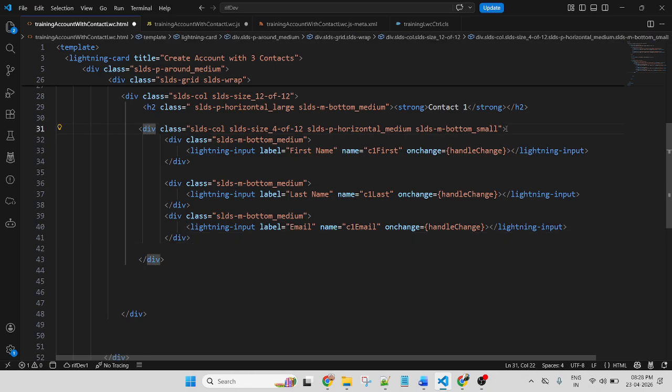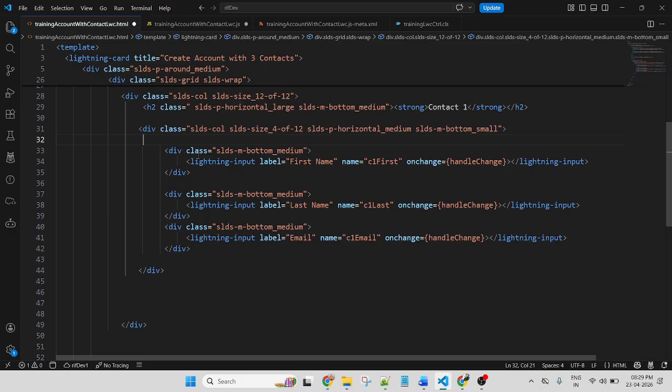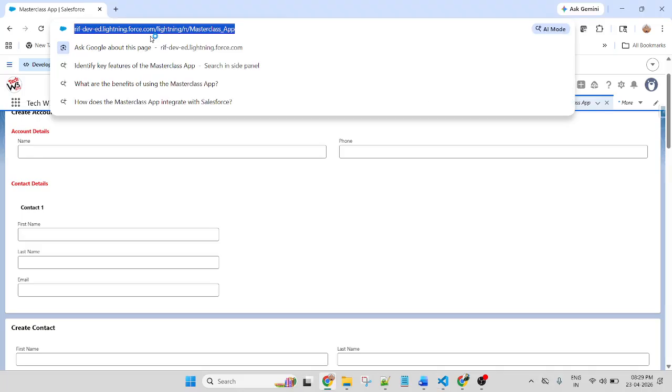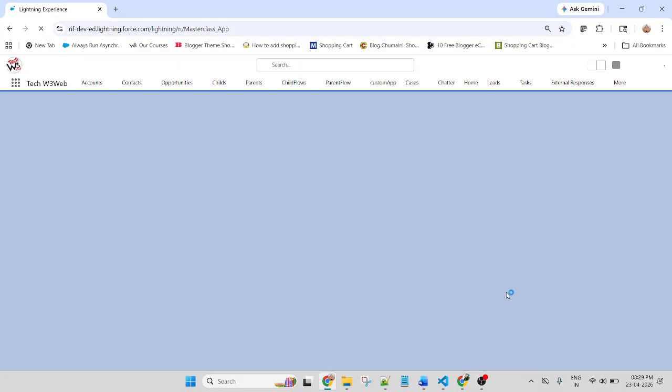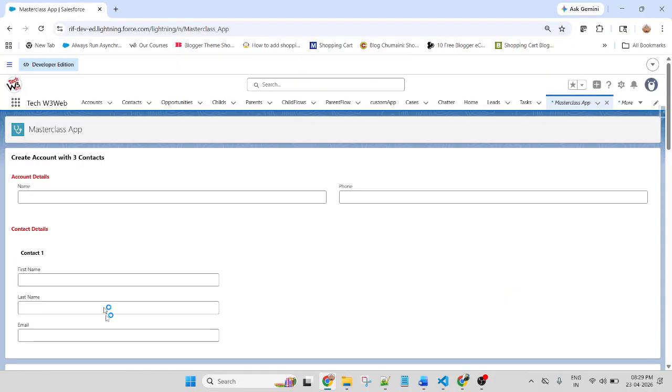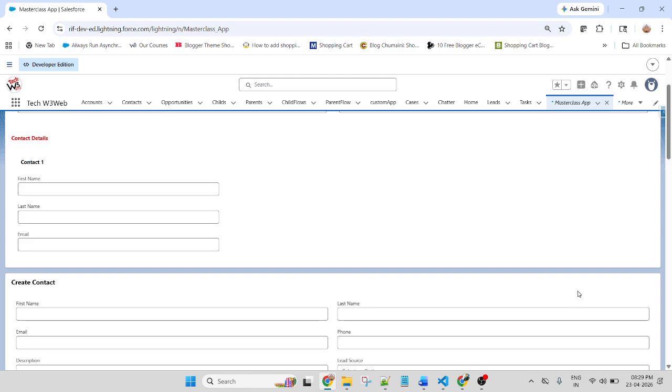And inside this div, I am getting 3 input fields for the contact: first name, last name, and email. Now let me save and deploy the code. How does it look? Yeah, it's looking good.